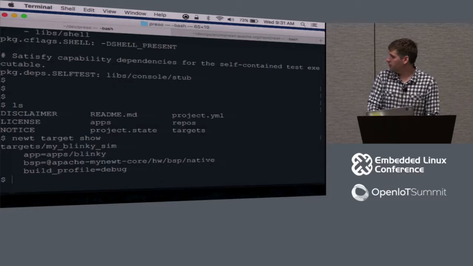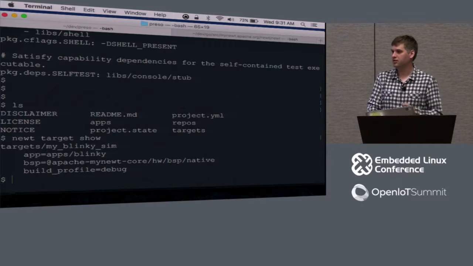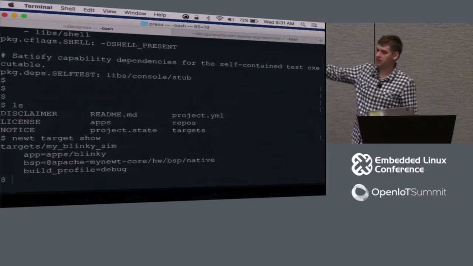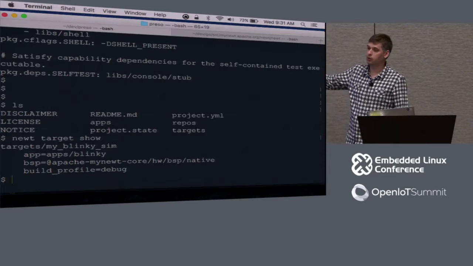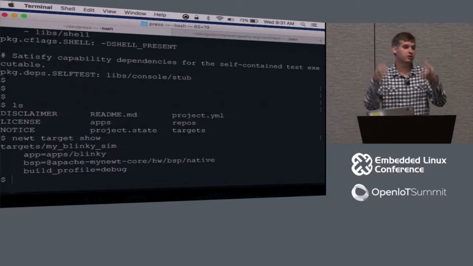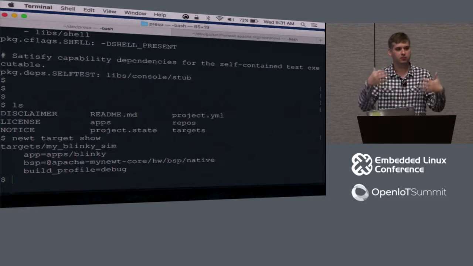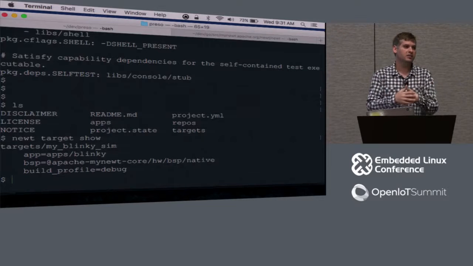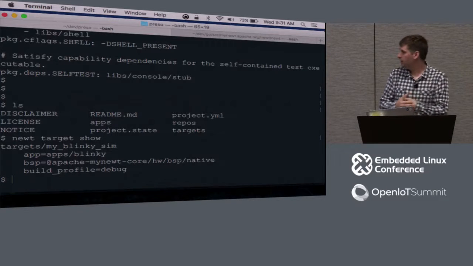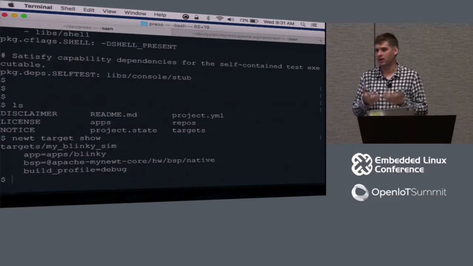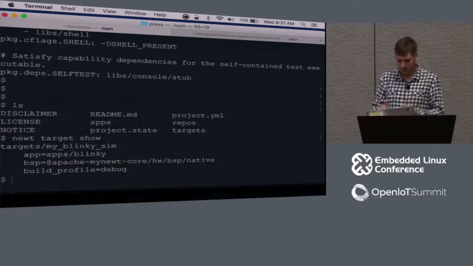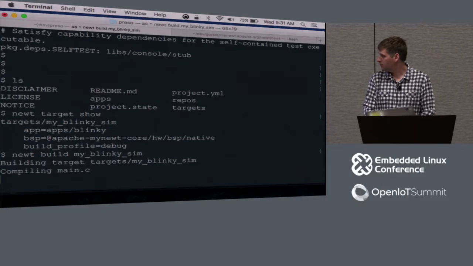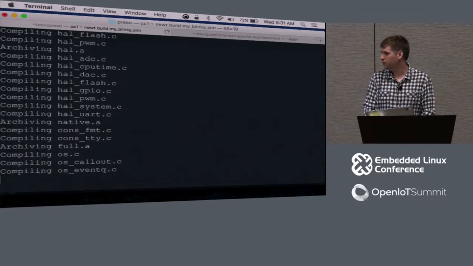The way we do that is we have a target. There is a pre-canned target, which is called MyBlinky for simulator. And what it defines is the app, which is apps Blinky, along with the board support package. So those are the two roots of your build tree: you have your application and your board support package. Those two are compiled separately and then brought together to form your final image. And then it says build it in debug. So we have two compiler definitions, optimized and debug. And so if we type newt build my Blinky sim, it's going to go and build all that